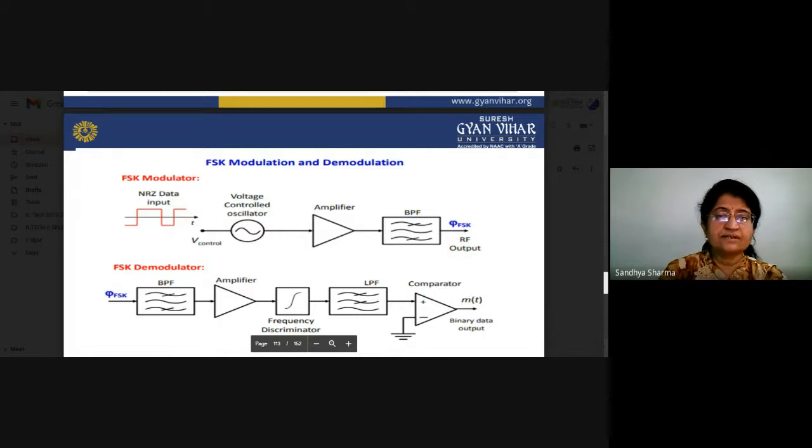By using this, we can remove the carrier signal from our message signals, and after passing through the LPF we can receive our signals. Then we can compare our data with a comparator, because there we have to decide whether the value is strong or not. We compare it with a threshold value. If the value is higher than this, we consider it a 1, and if the value is less than that, we consider it a 0.